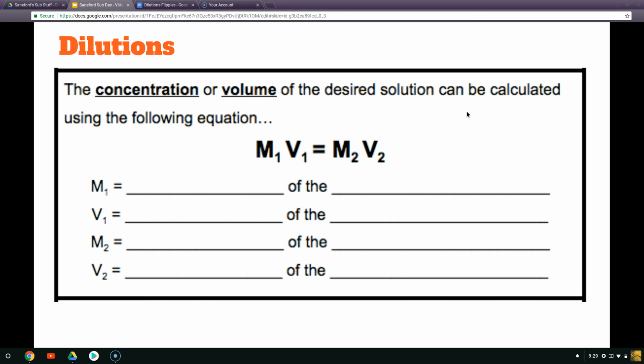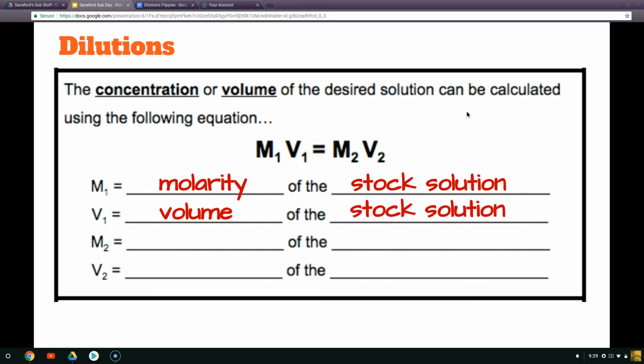So we're going to use a formula to figure out what that concentration or volume for the desired solution could be. So M1V1 equals M2V2. M1 is the molarity of the stock solution. That's stuff we're working with. V1 is the volume of the stock solution that we're going to use, and we're going to dilute it, right? M2 is going to be the molarity of the diluted solution, and V2 is going to be the total volume